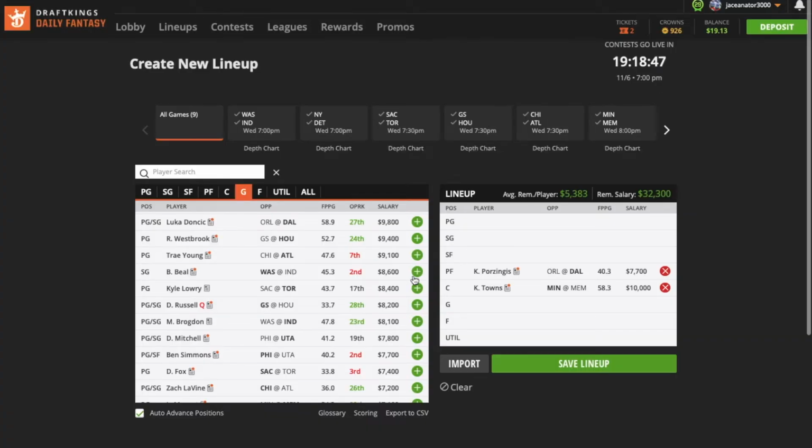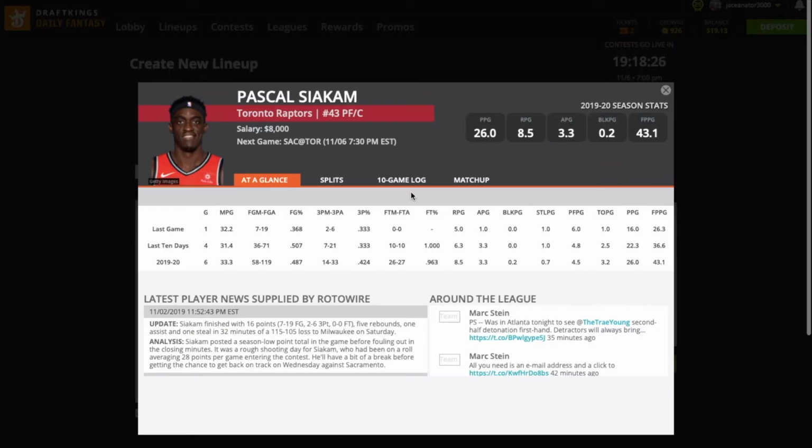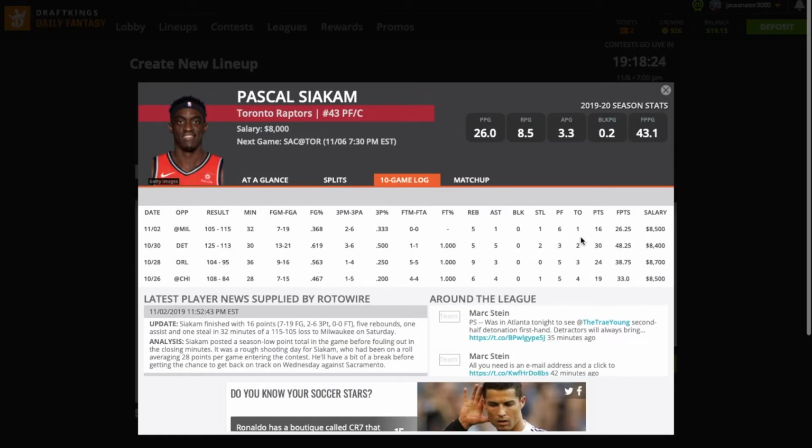and I feel like he's a great play, especially at power forward. And another top tier play that I'm going to go with is Pascal Siakam for 8,000 DK dollars. And going against Sacramento, Toronto just took a loss versus Milwaukee a couple days ago. Toronto's going to go against Sacramento, who's a horrible team, and Toronto's going to be at home. Siakam did put up a dud in his last game, only scoring 16 points, 27 fantasy points,